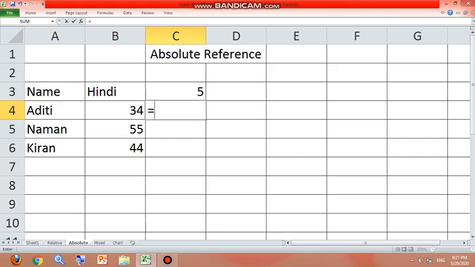Okay, how? Just look at how to make the formula. Again I have to multiply, so I'll put the equal to sign here. I'll click on this cell because I have to multiply this cell, and then I'll use the multiplication sign. Or if you want to divide it, you can use the division sign. Any formula you can make. Now what I have to do is make the address of this cell fixed. So for that I will use the dollar sign.